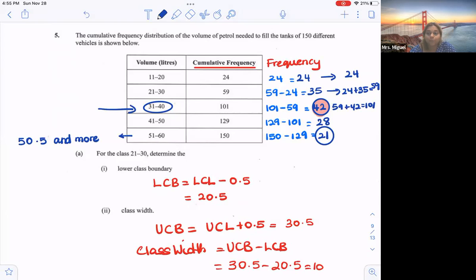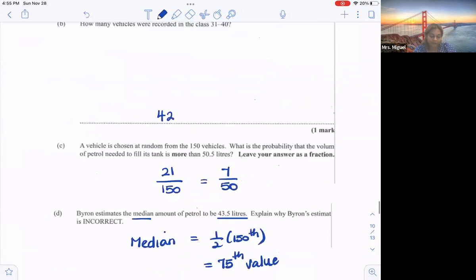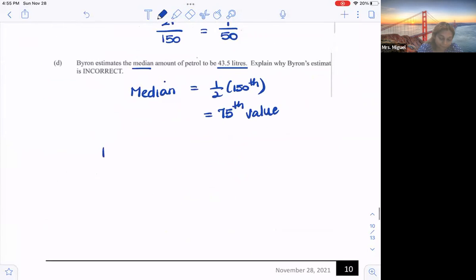The median is supposed to be between 31 to 40, but Byron estimated a value that was higher than the median. Byron's estimate was 43.5. Byron is supposed to place a value between 31 and 40. So his value of the median is incorrect. So we can write that. Byron's estimate is incorrect